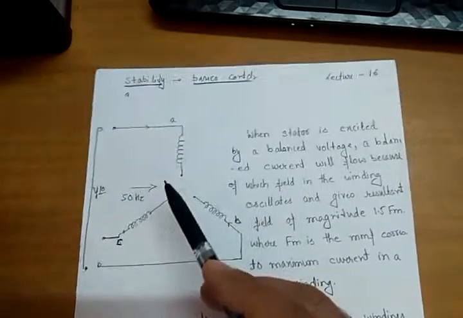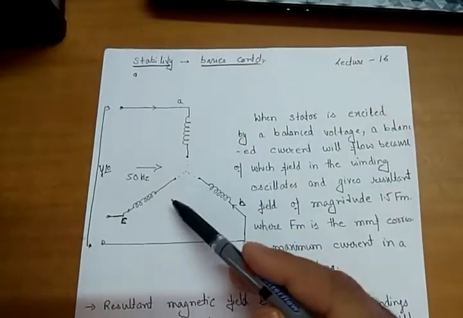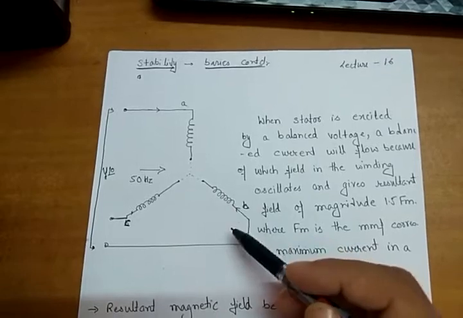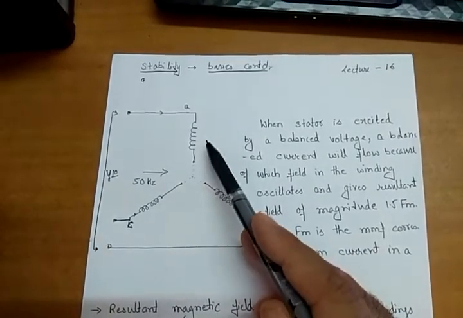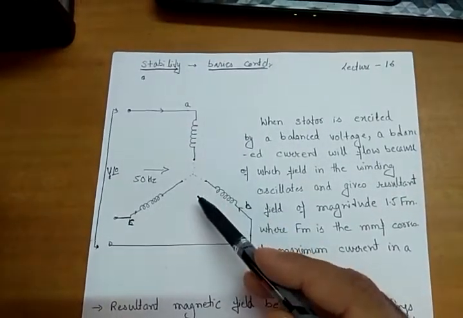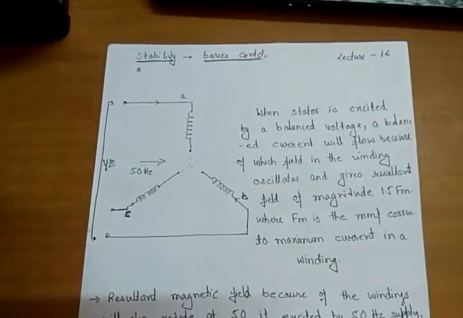Balanced three-phase stator winding means where each phase is separated from another phase by 120 degrees apart in space, and moreover in each phase a balanced current is flowing in all the three phases, and these currents are also 120 degrees apart from each other. Okay, so